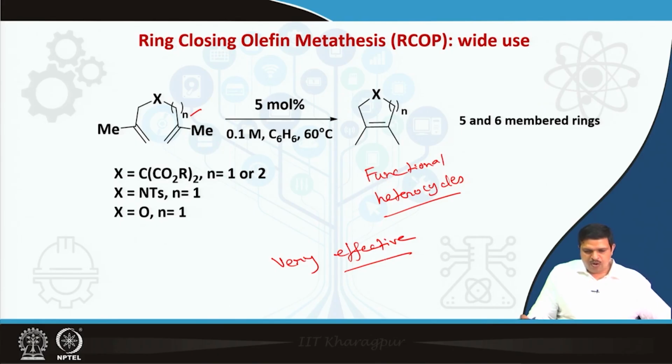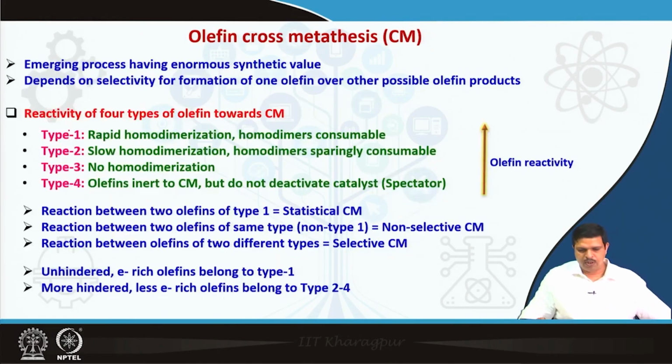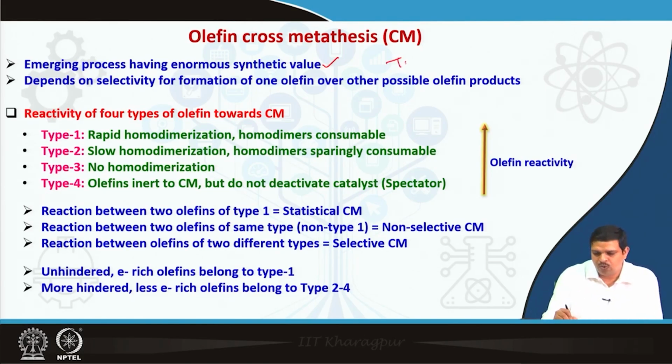So the Grubbs catalysts G1, G2 are very effective for this kind of reaction. Not only ring closing metathesis, the cross metathesis reaction is also very popular in organic chemistry and different industrial domains to make new alkenes or modified alkenes. So there is a lot of synthetic value and lots of opportunities to make new alkenes.